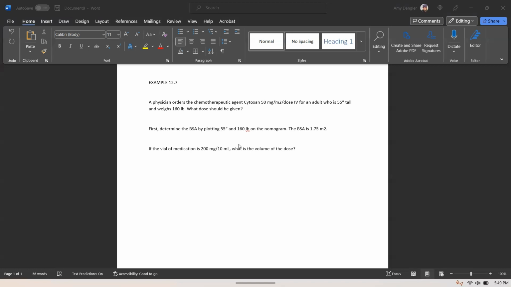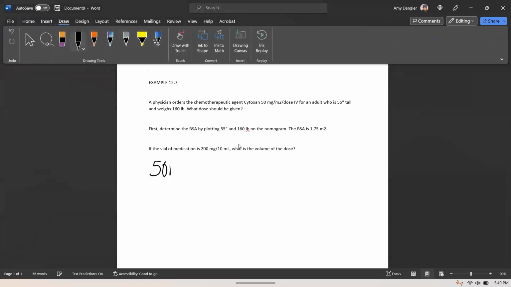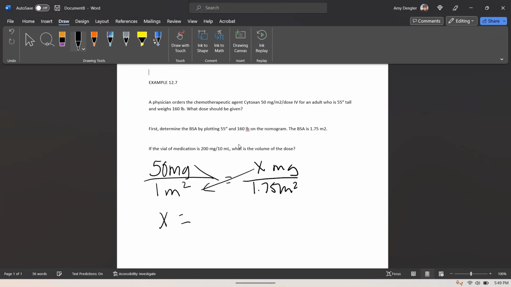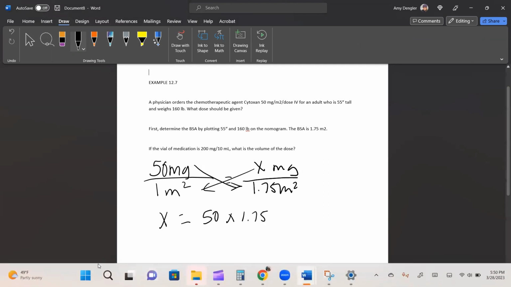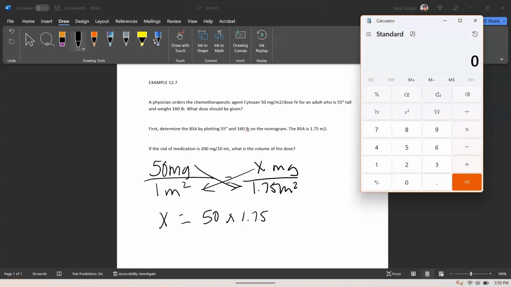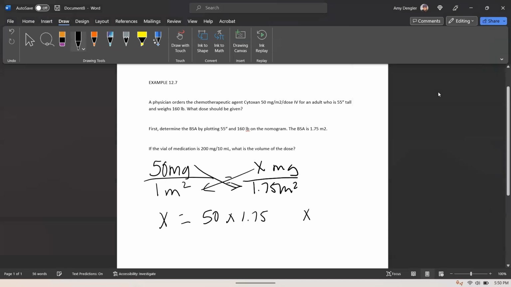All right, so first we're going to plug in the dosing, 50 milligrams over 1 meter squared. And we have 1.75 meters squared. How many milligrams? We don't need to do anything with the meter squared, it's just basically a unit. So this 1x is just x, and then 50 times 1.75. So that gives us 87.5